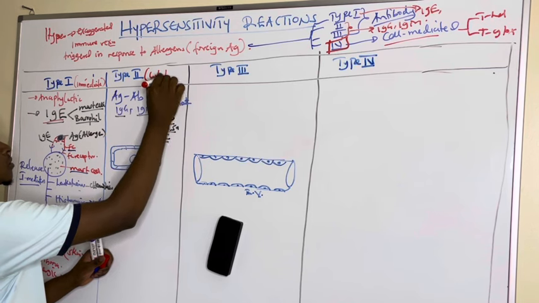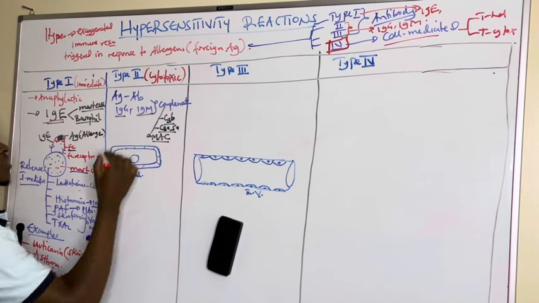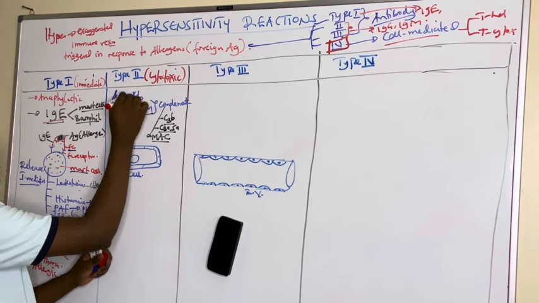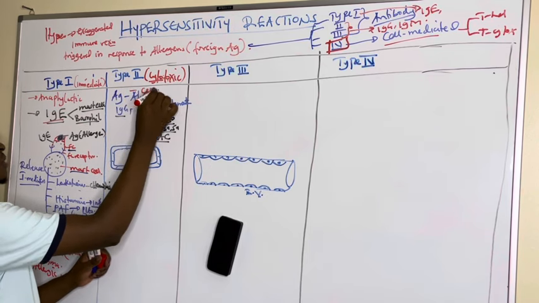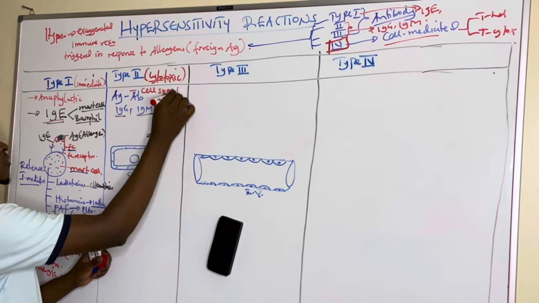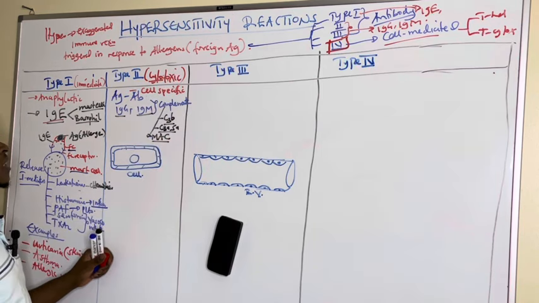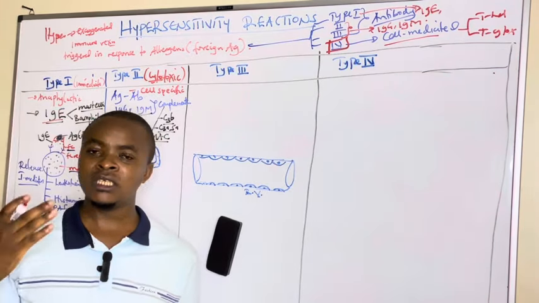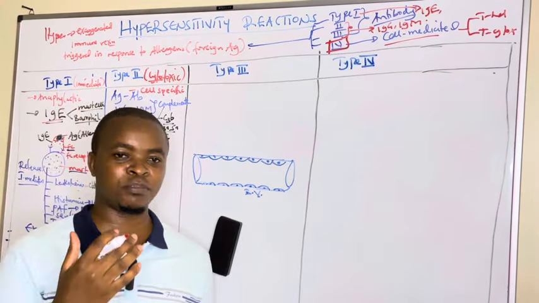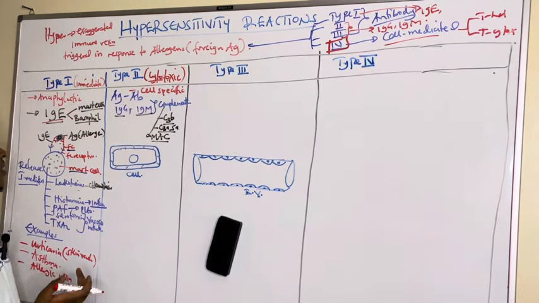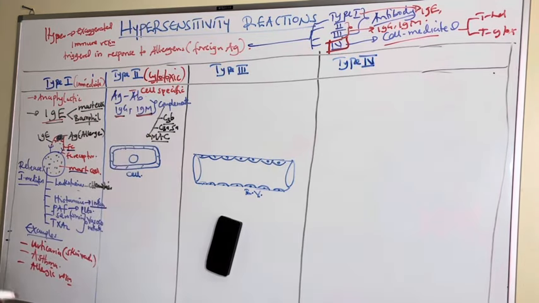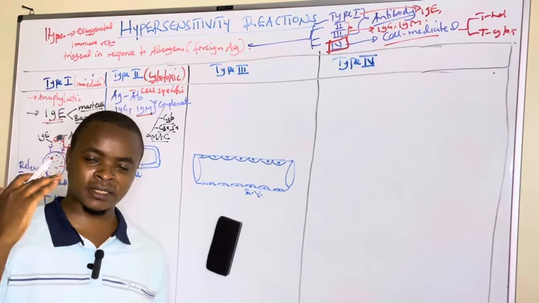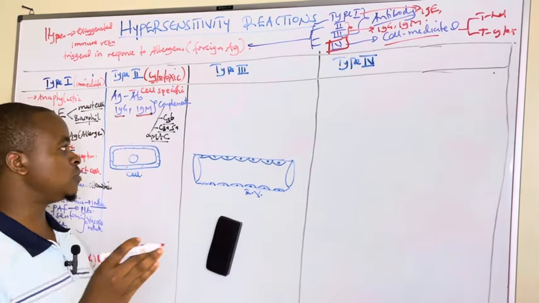Cytotoxic hypersensitivity reaction, and this reaction being cyto means cell, so it is cell specific. So if they ask you in an exam which of the following types of hypersensitivity reaction is cell specific, that is type 2 hypersensitivity, which is triggered by IgG or IgM, that binds and fixes the complement system, leading to